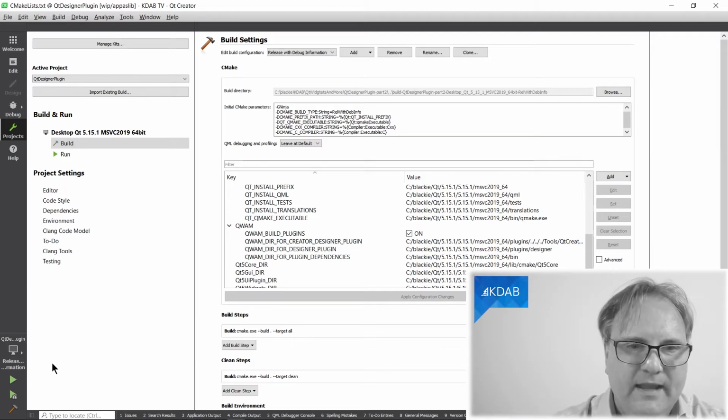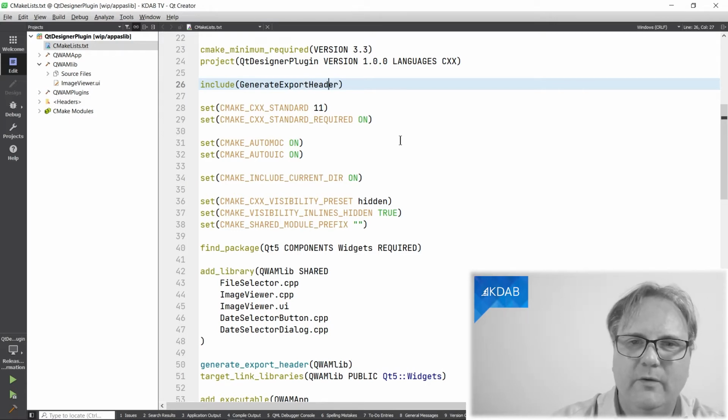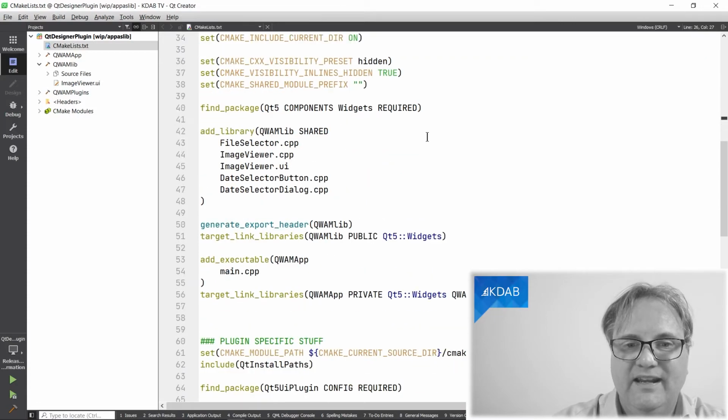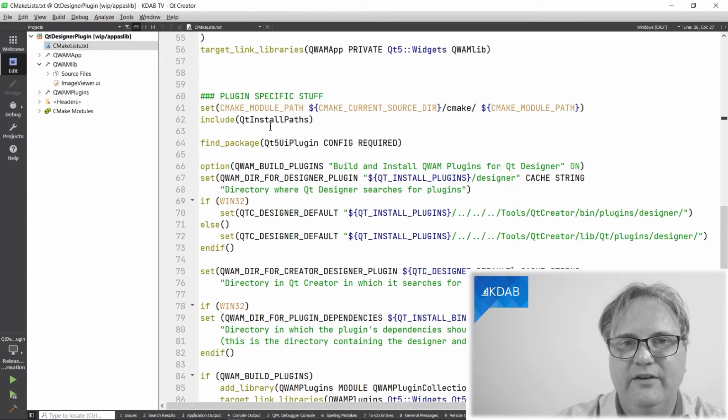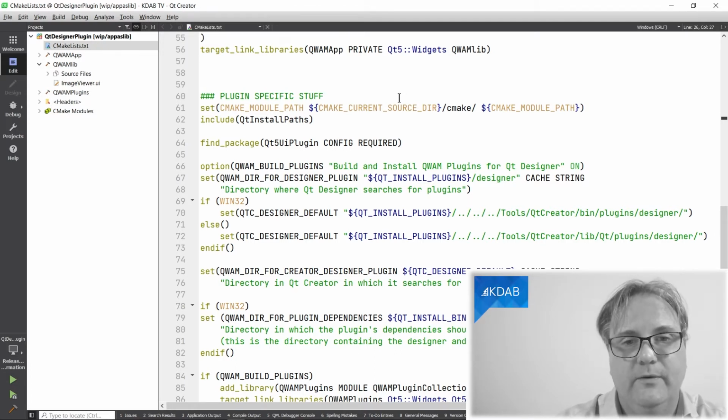Okay, having said all of that, let's look at the CMake file here. The CMake file consists of a number of things that we've seen in the previous episodes, so if you just jump in here, better go and watch those episodes. The thing that changed is down here in the plugin specific part, because you do not want to compile the plugins when you are in debug mode, because they are incompatible with Qt Creator.